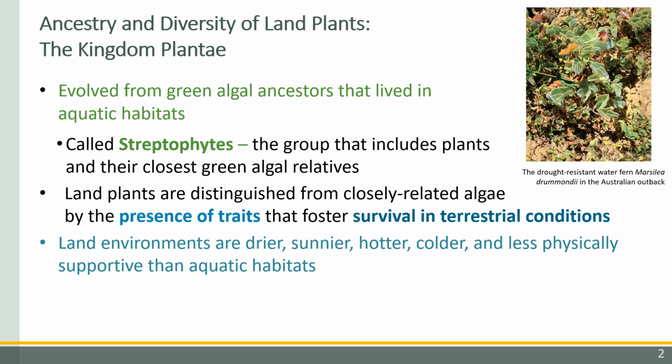The plant kingdom evolved from a group of green and red algae. The supergroup they came from is the Archaeoplastida, and they specifically evolved from green algae ancestors called streptophytes. This group is the group that includes both plants and their green algae ancestors. But what makes plants different from green algae is that they have a few specific traits that allow them to